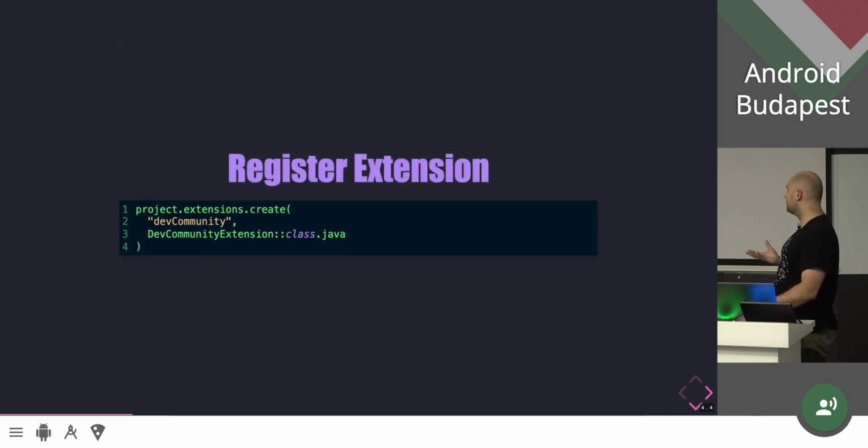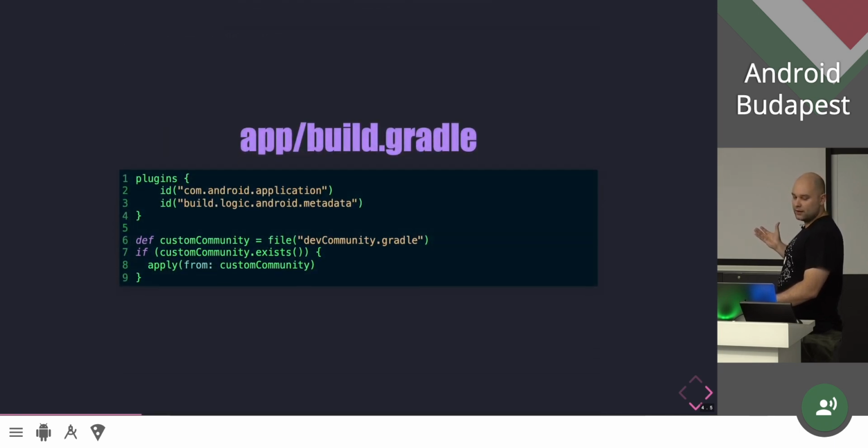In order to register the extension, you call project.extensions.create, and as you can see here, we put the alias. In the case of Android, it was android. In the case of the new extension, it was androidComponents. We just give a type, and it will be managed by Gradle for us. And then in the code, you can put something like this,